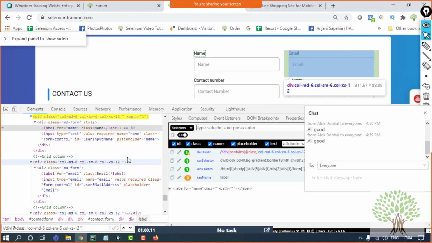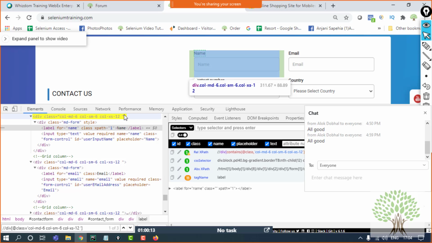If I inspect this, and if I don't want to go with XPath, I just go with driver.find_elements_by_class_name and then use this class name. So should it be returning me all the 3 elements? Yes, but for that you have to specify the label. With class name I have to give the label as well?